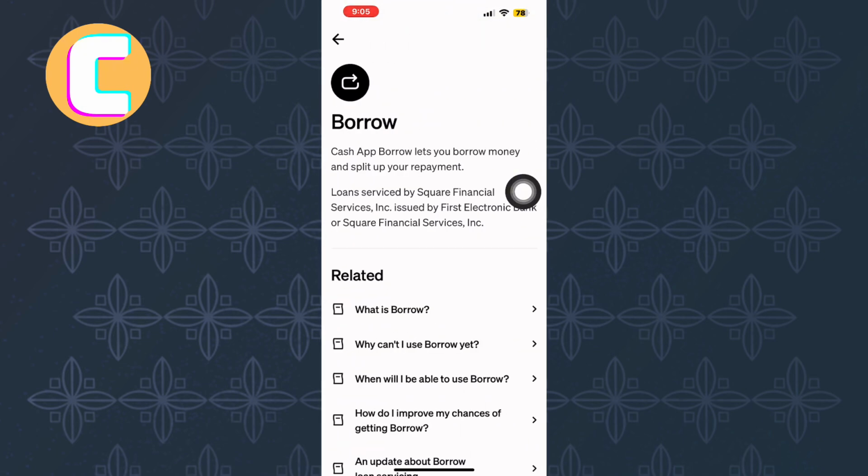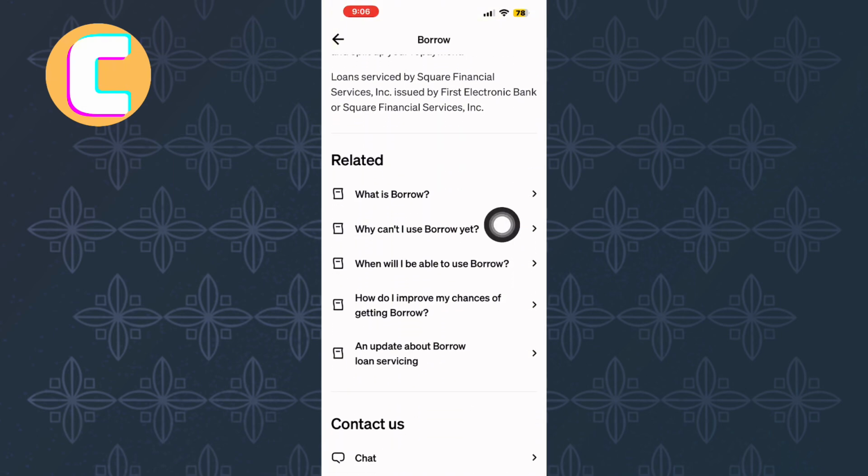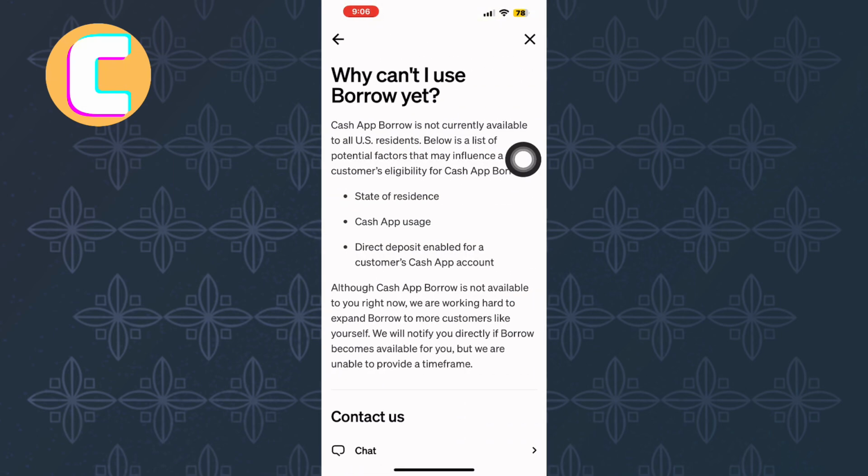This is the Cash App Borrow page, where you will see sections that are related to the Borrow feature. After that, scroll down and tap on this option here. As you can see on this page, Cash App Borrow is not currently available to all U.S. residents, and eligibility depends on several important factors that Cash App uses to determine whether a customer can access this